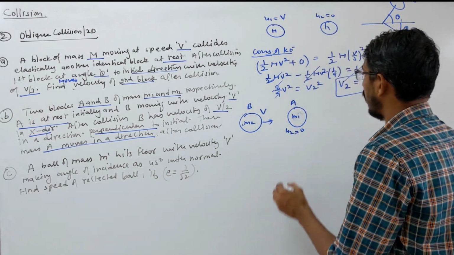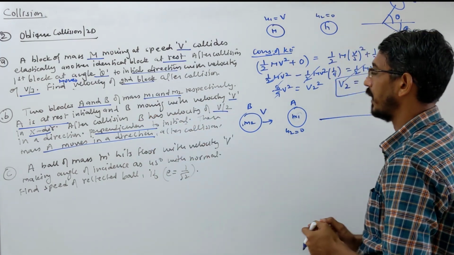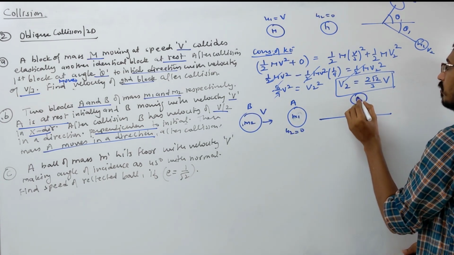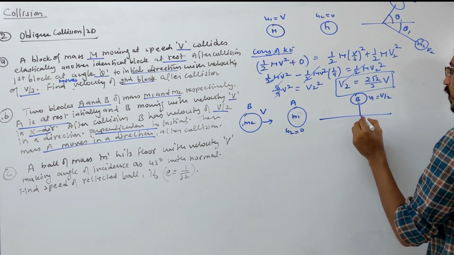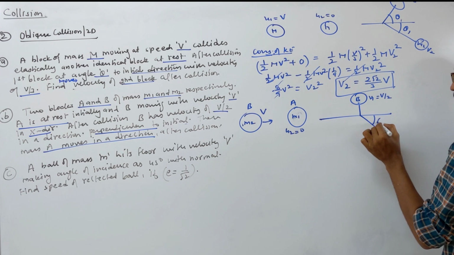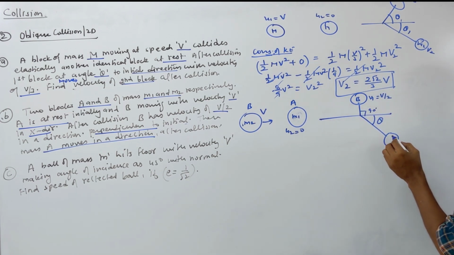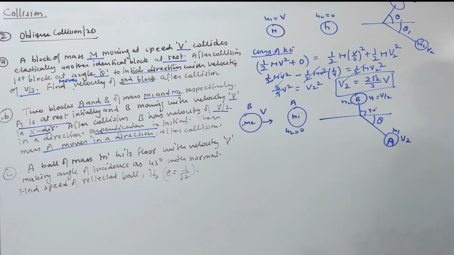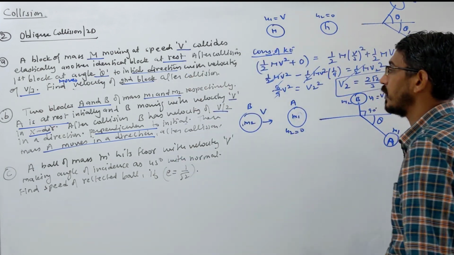Okay, after collision what happens? They said that block B moves in a direction perpendicular to the initial one. Suppose initially they are moving horizontally, then block B is moving in this direction. What velocity is given here? Let's say v by 2 is given. Where block 2 is moving we don't know, so we draw it just here. Let's write angle theta here. That angle we know, 90 degrees, and v2 you have to calculate. This is block A of mass m1, this is mass m2. So you have to calculate the angle, the direction in which block A is moving after the collision.